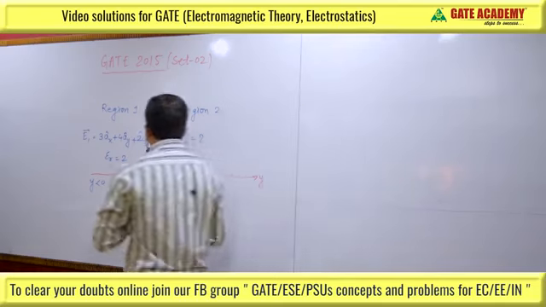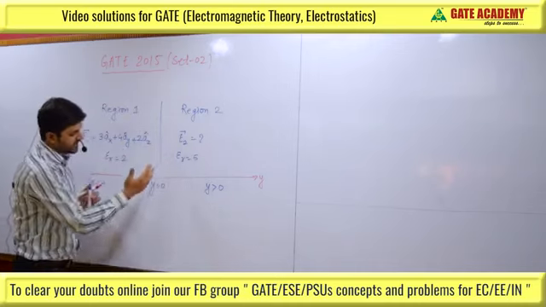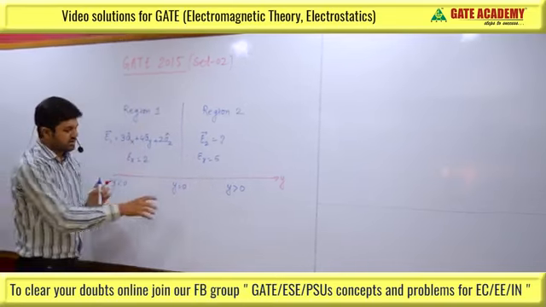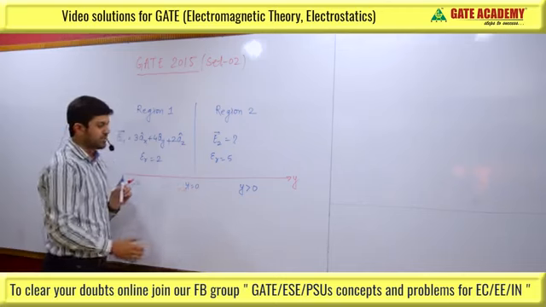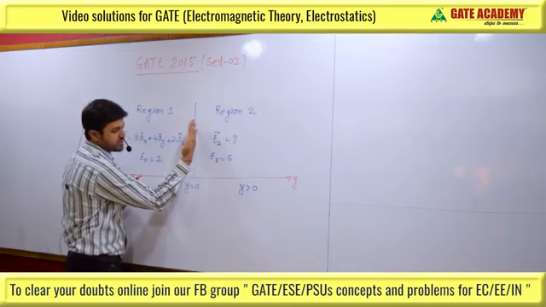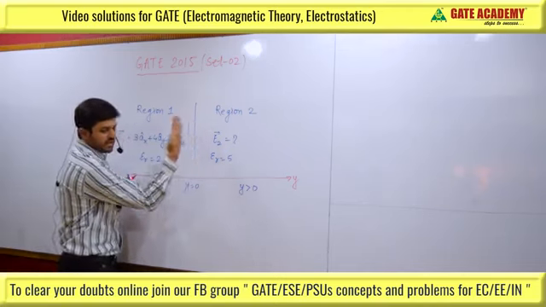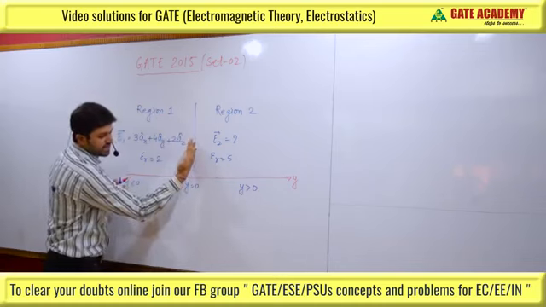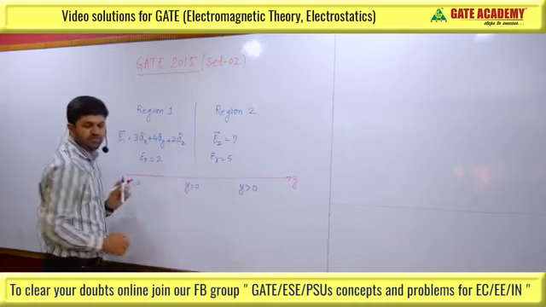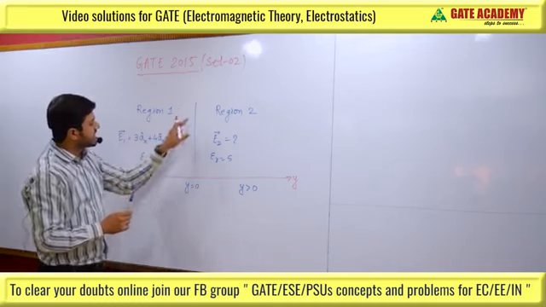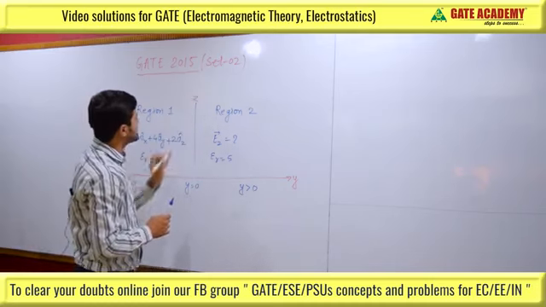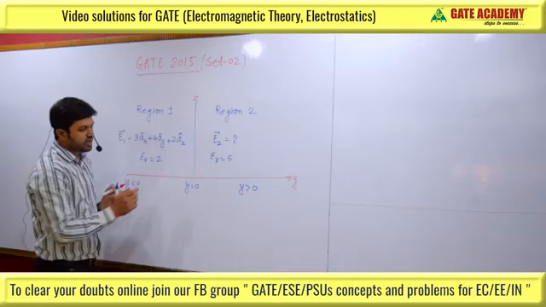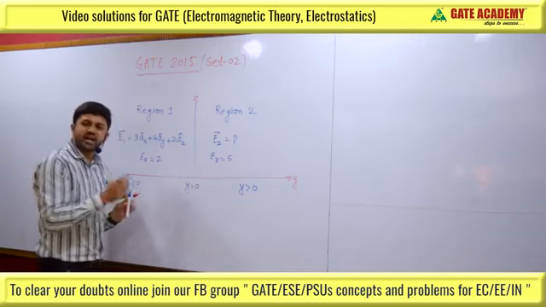So if I take this interface as a plane, because it is y equal to 0 plane, this will be the plane, and this will be the y axis. So we can take it as z axis,